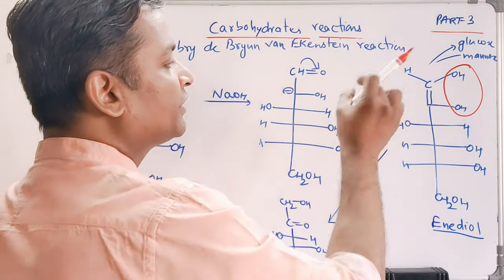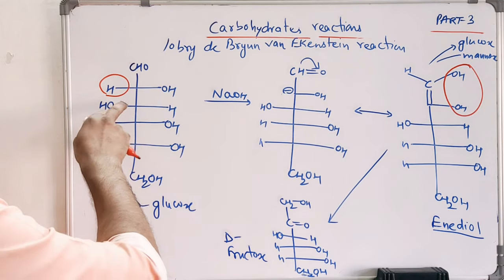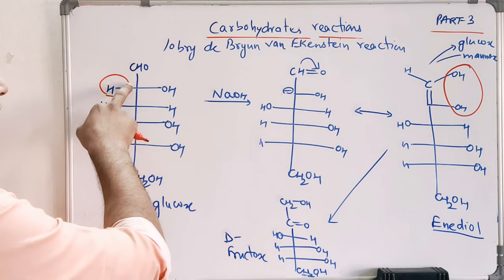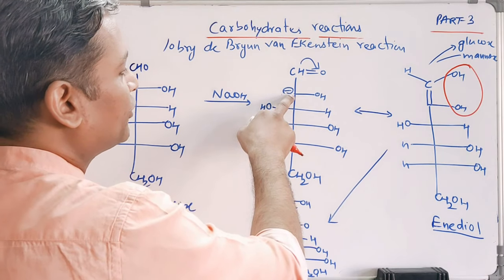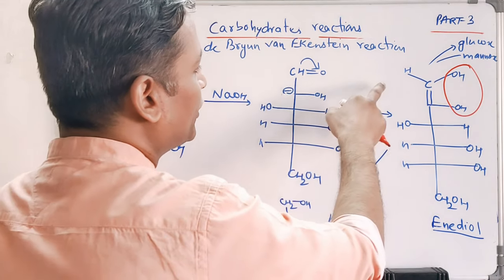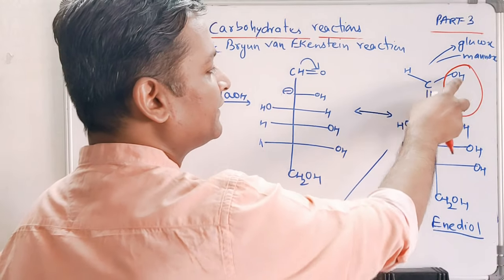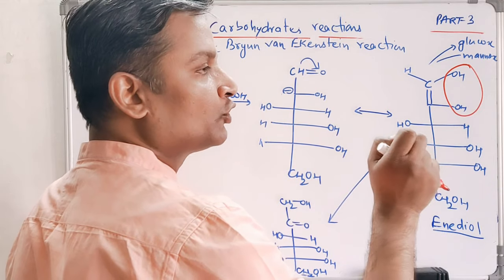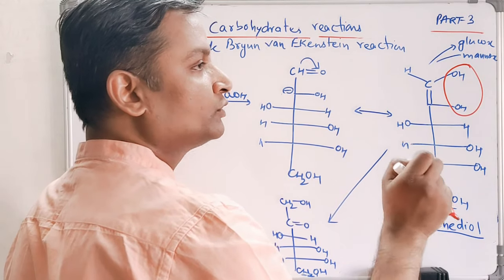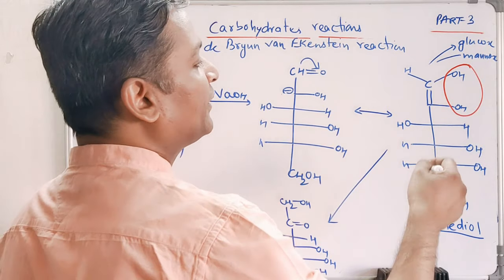After formation of this ene-diol, I again repeat: this is the glucose molecule. Glucose contains an acidic H, and this acidic H can be abstracted by base to give us this enol, and this enol can undergo resonance with the aldehydic part to give us this ene-diol moiety. This is the ene and this is the diol. This ene-diol is a very important intermediate to give us glucose, fructose, and mannose. But when we get fructose